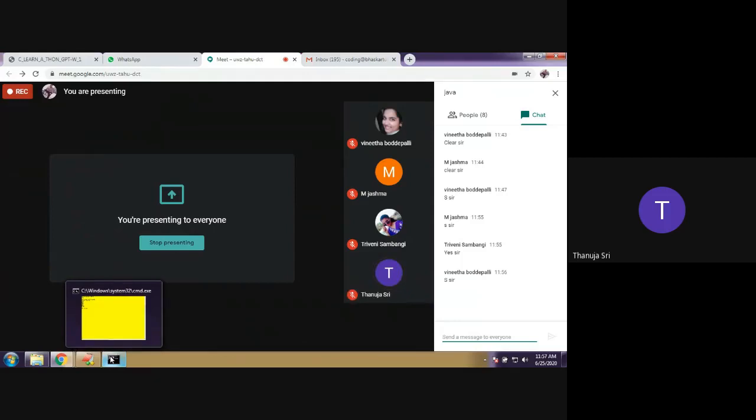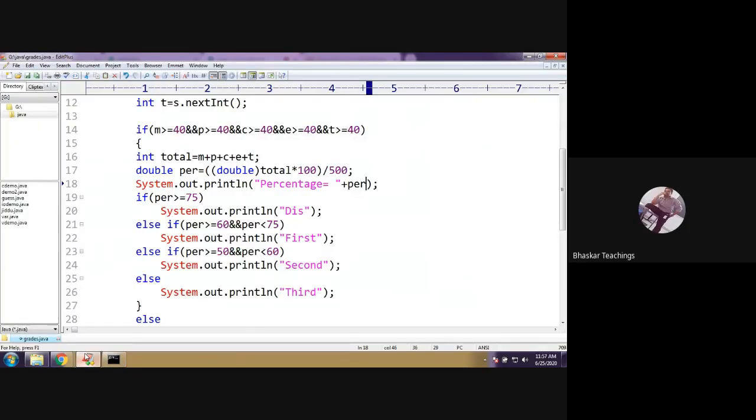Okay fine. Listen, if you look more carefully, here you can simply give this condition only. You need not add this condition, you can analyze that. Anyhow, if he got more than 75, this condition will be true, and the control will execute this body and comes right to the end part. There is no chance for going to the second condition.